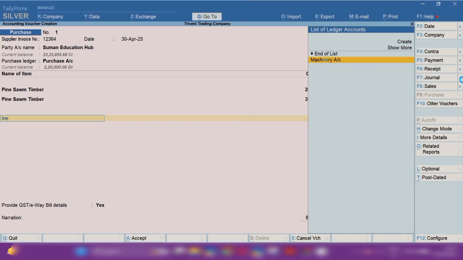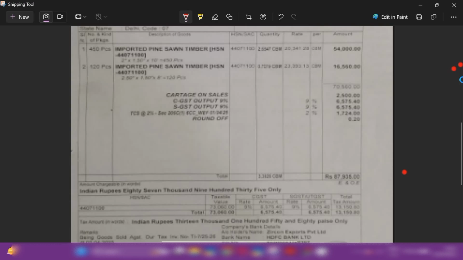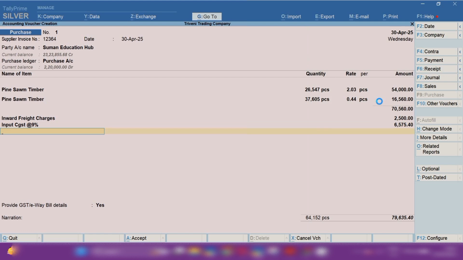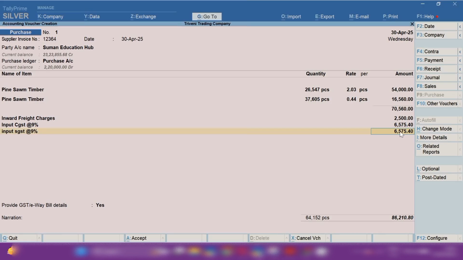We will select inward freight charges here, because we are applying this on a purchase invoice. This is 2500. Input CGST 9% and input SGST 9% will be applicable, 6575. So this matches the invoice.